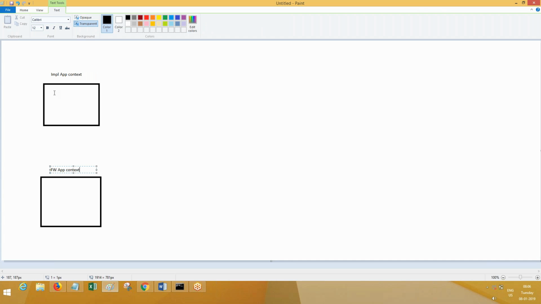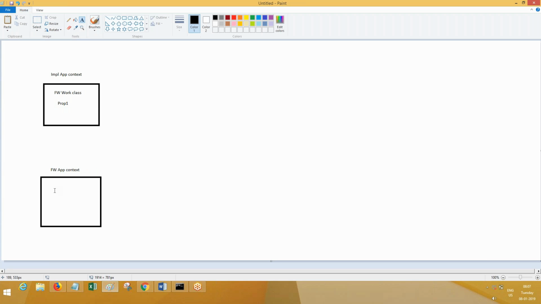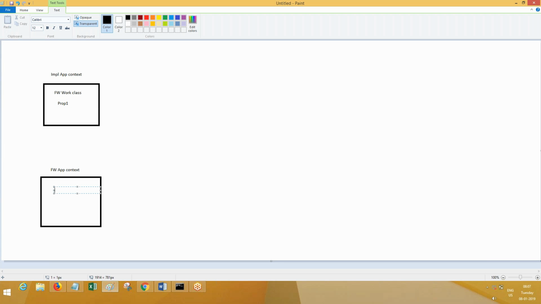Now from implementation we can access framework classes. This is the FW work class, and you have a property here, property 1. From framework I cannot access implementation classes for sure. I can only access framework classes, same FW app, FW work class.